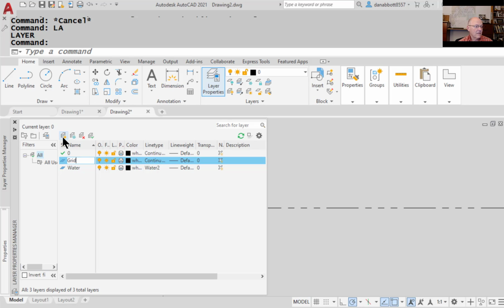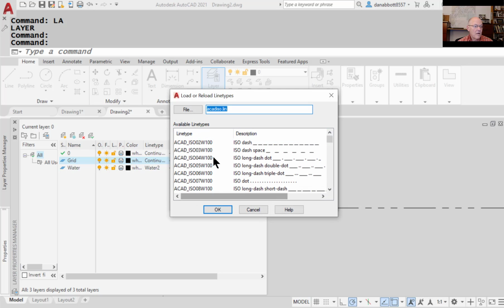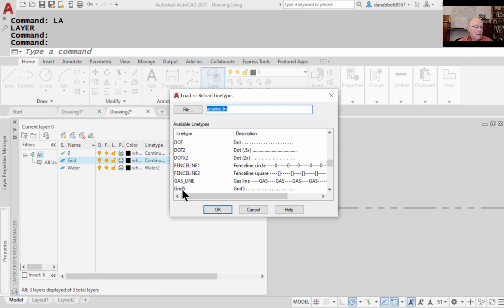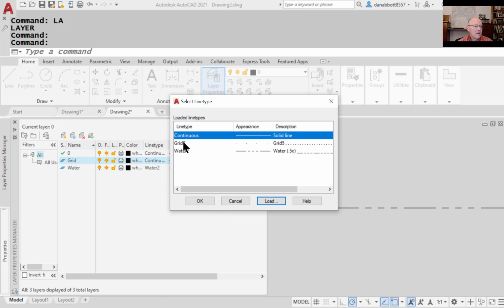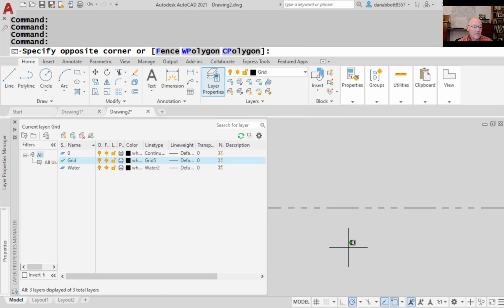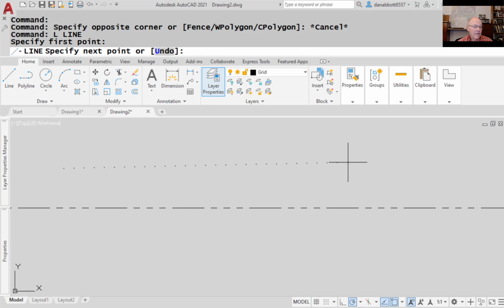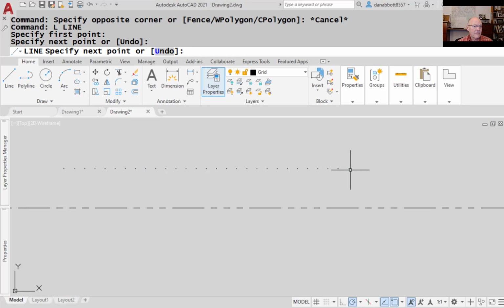New layer, in this place I'm going to call grid. Go to line type and load. Find the grid 5 that I just created. Assign it. Make that the current layer. Now I'm going to put a line in here on that layer, and it's got a series of little dots,